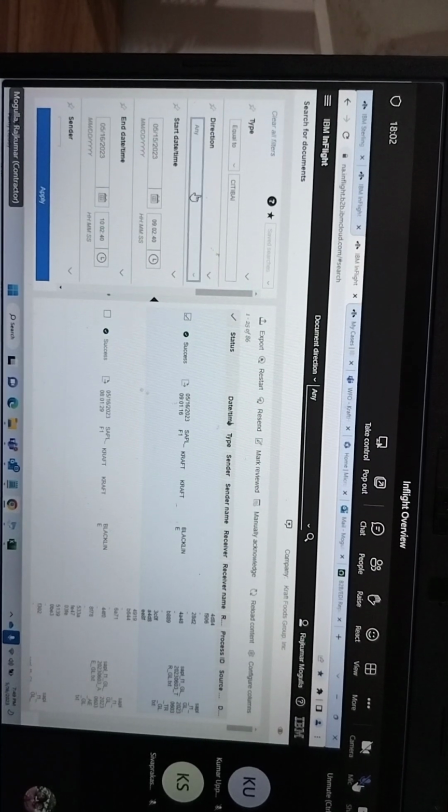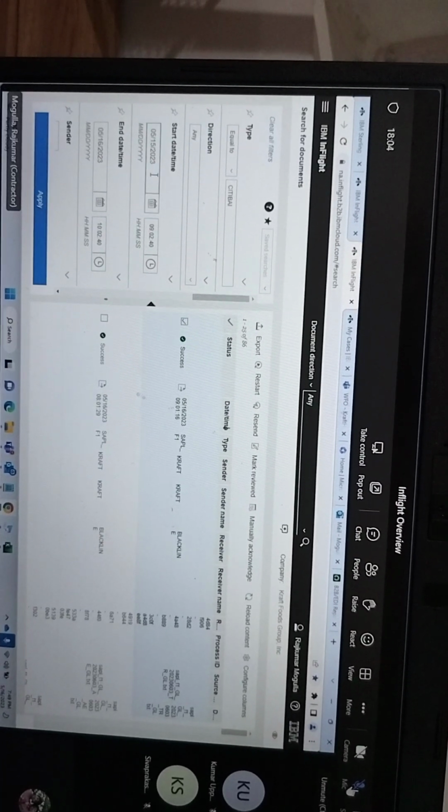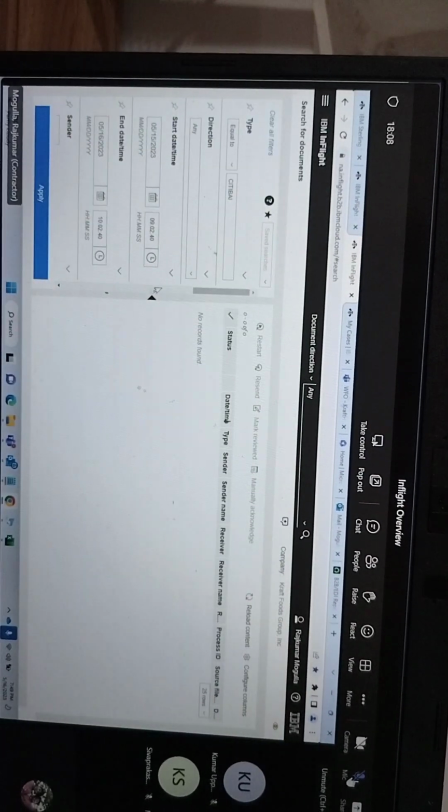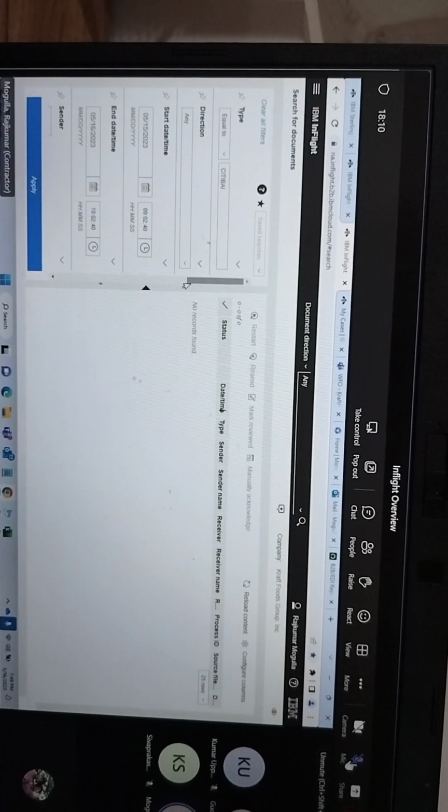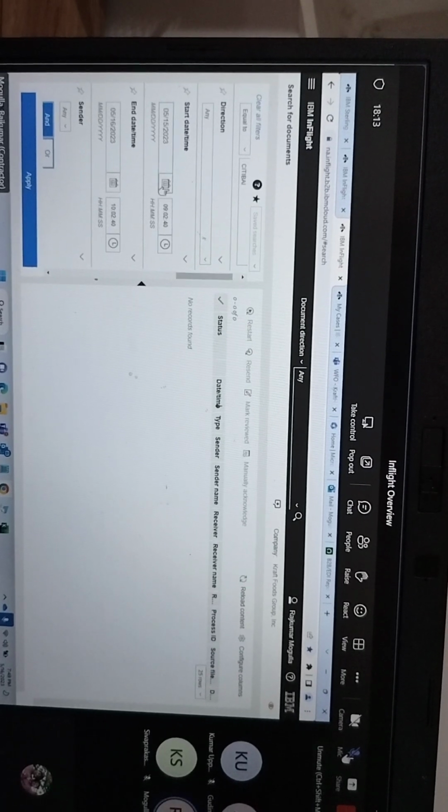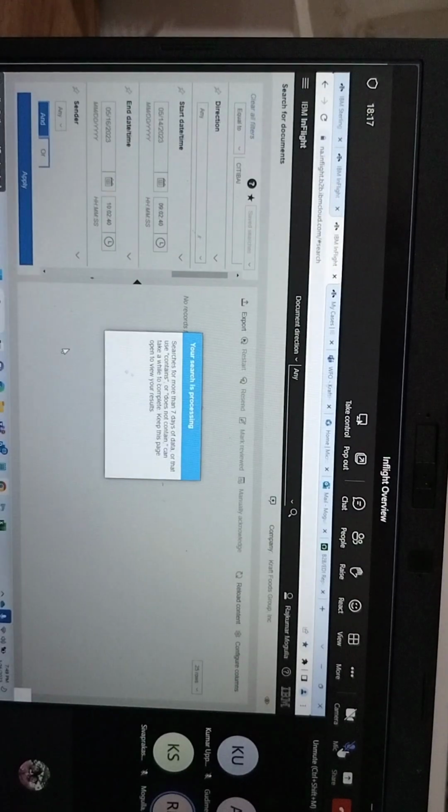Here, if you want to check for Citibank files, it usually stands for CTBAA. You don't need to do anything, just click on apply. See, nothing has been given. Why? Because today the file has not been received. If you click on 14, if you click on apply,